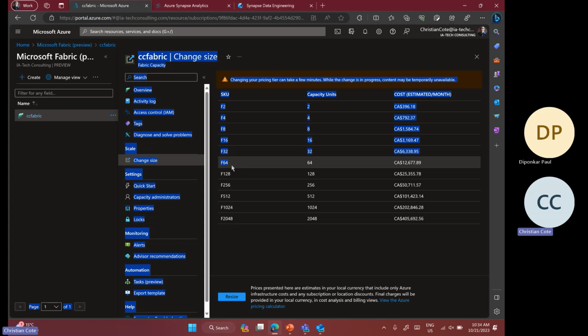But the price that you see here, Microsoft, the licensing is not done yet. Usually you have a rebate because you have a reserve instance. I don't know how many percent, it depends on the license agreement you have with Microsoft. But it will not cost you $12,000 a month. This one is the pay as you go, right?